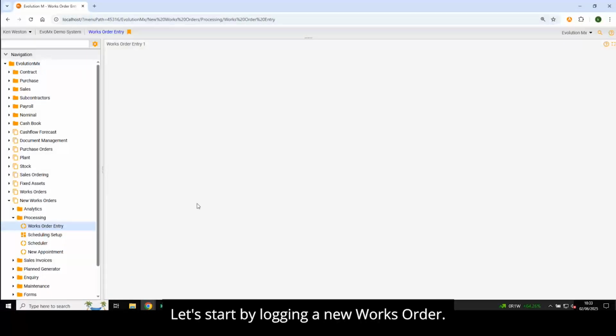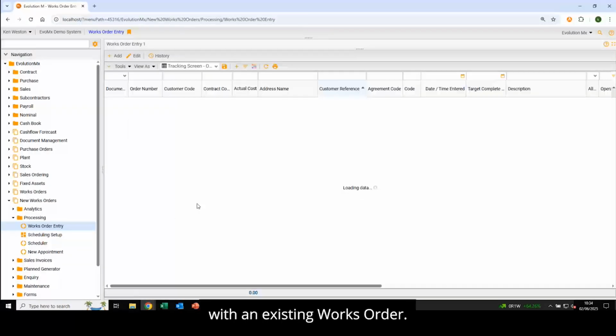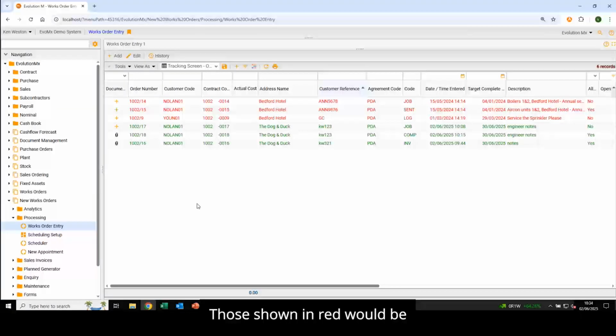Let's start by logging a new works order. Going into works order entry will allow you to add a new works order to the system or deal with an existing works order. Those shown in red would be those that have gone past their overdue date. The green ones would be those that are still yet to be serviced, but are within the terms. So I'll just add a new job,